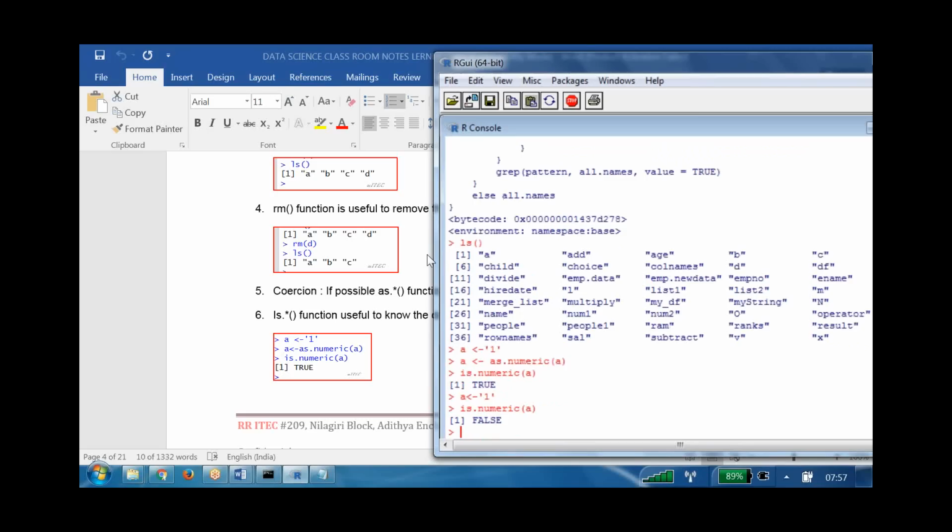False. Why? Because before converting, we are seeing the data type of this one. Once you convert it, then it's going to be numeric. Let us go and try to convert it now and see again.